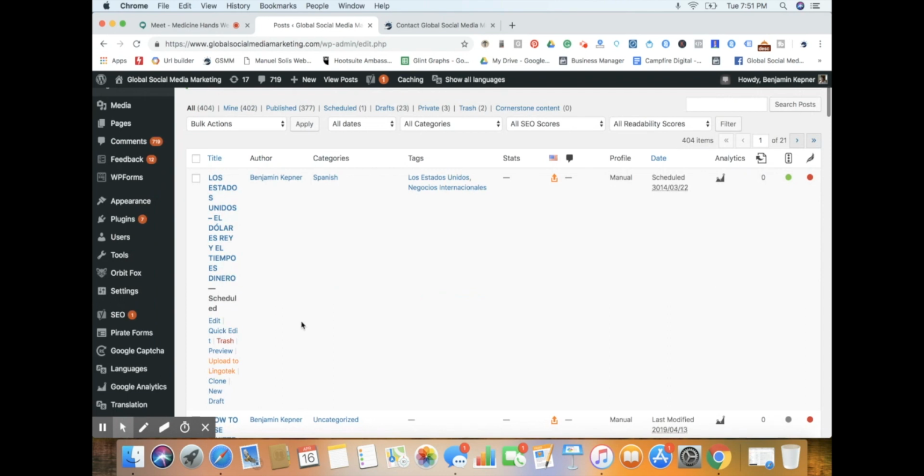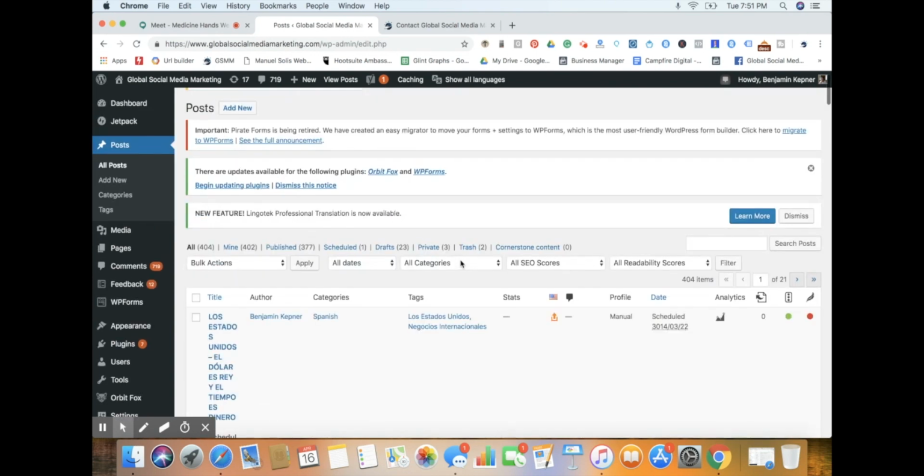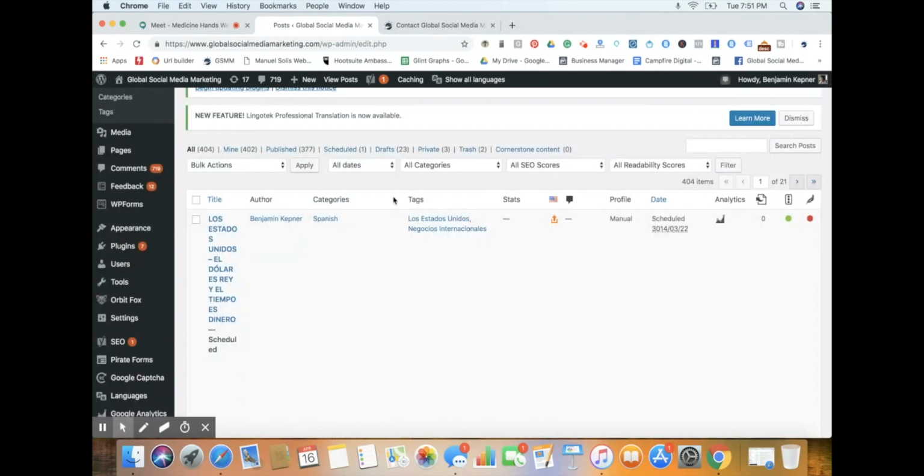So within the blog articles, this is the lay of the land, a basic view based upon the theme that we have. And you can see how it's got these different columns, right, vertically here. Title is the title of the blog post. Author, obviously, is the person that wrote the article. Categories would be if you're trying to categorize,